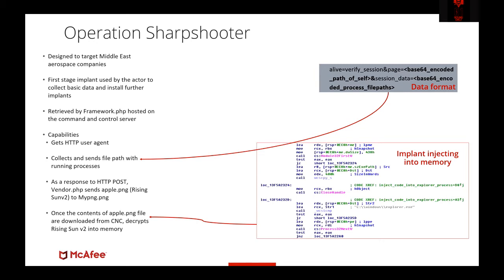Really the idea here was to understand what that machine had on it, then deliver an actual encrypted payload into memory, then decrypt Rising Sun version 2, which was actually incorporating SSL and strong encryption in the traffic. Different than the previous ones that were sending information in plain text.